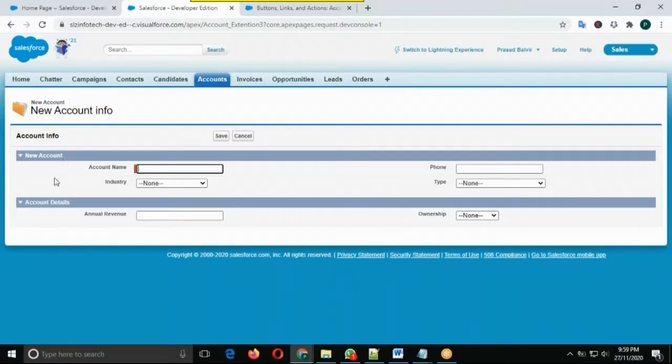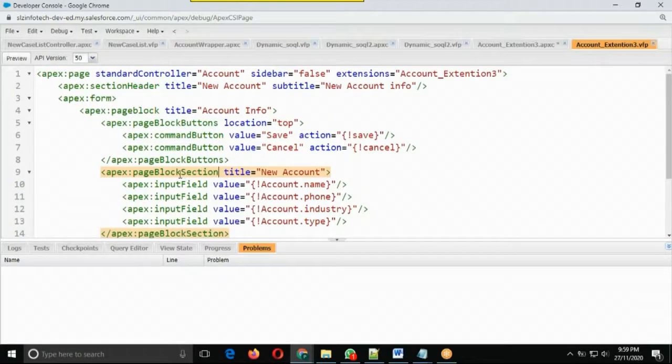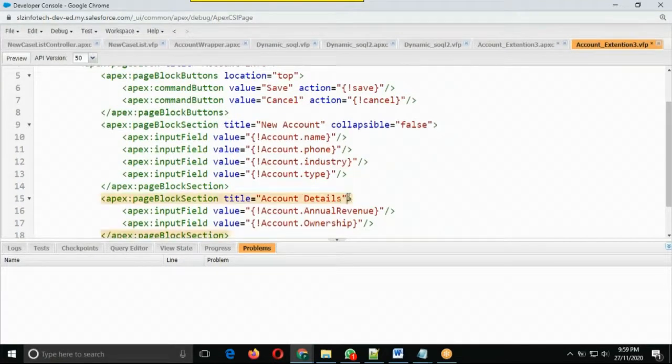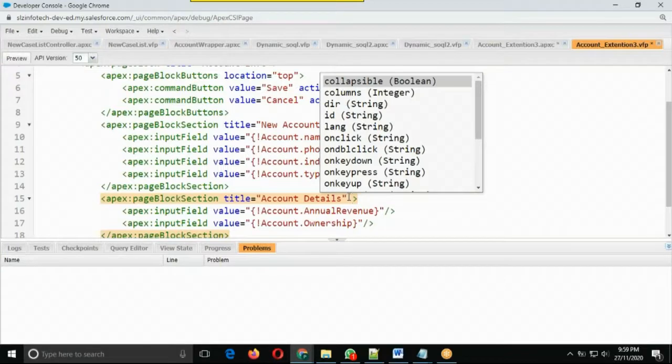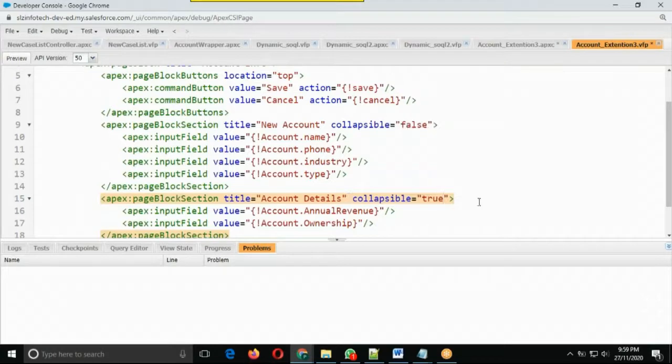If you don't want both of the account sections displayed to the users, in that case use this feature here: the account section, page block section, collapse, to false. It will be true, no? False. And here also collapse, true.